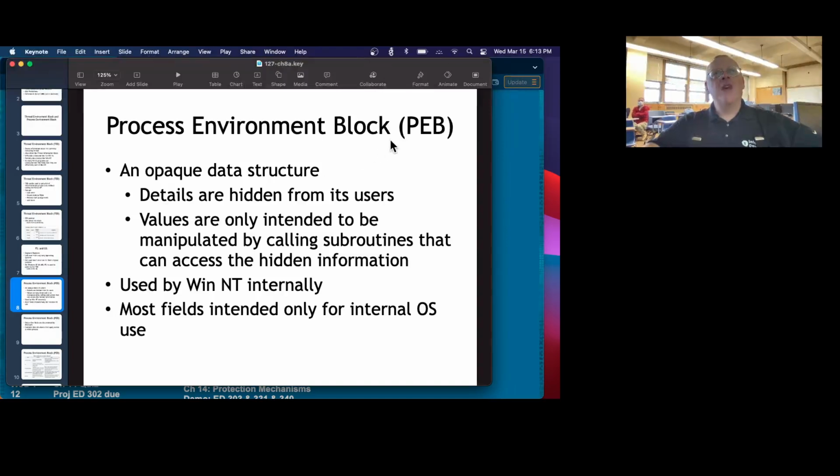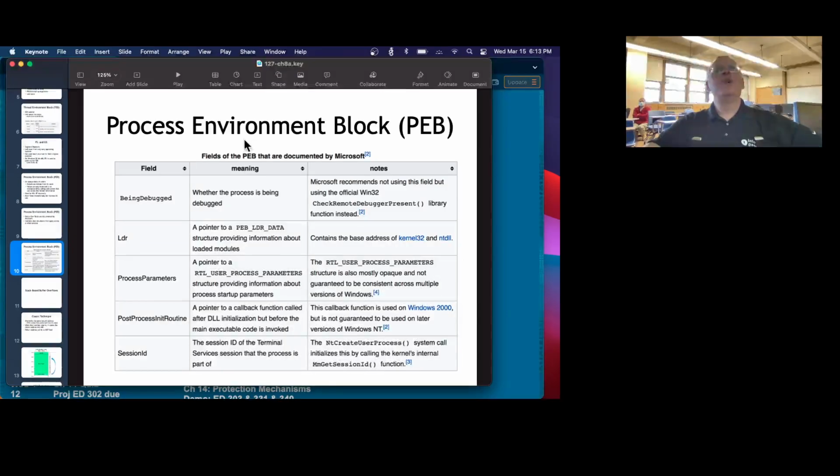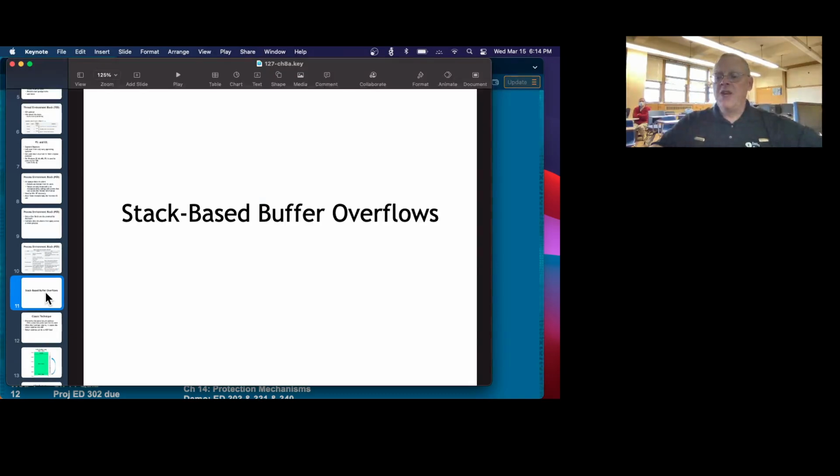And so the process environment block is an opaque structure, separate from the thread environment block, and it's only supposed to be used internally by Microsoft. And only a few fields are documented. I don't think anybody's using this directly very much, but there is a process environment block. Here's things like whether it's being debugged, the base address of kernel32 and ntdll, some parameters and session ID and so on. So there's some things people have figured out here. All right. So those are data structures that help you find out what's going on in the threads and processes